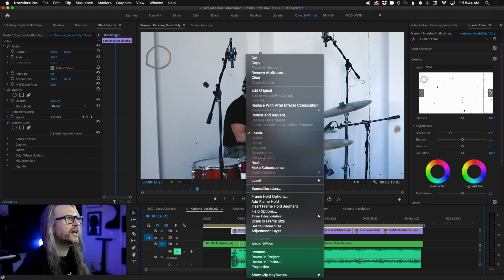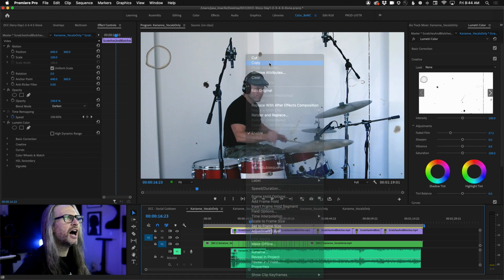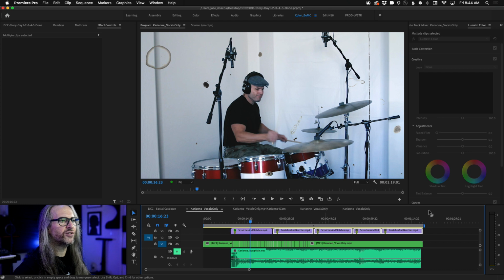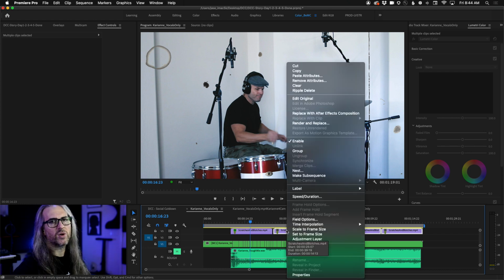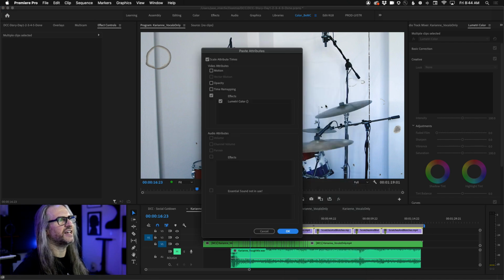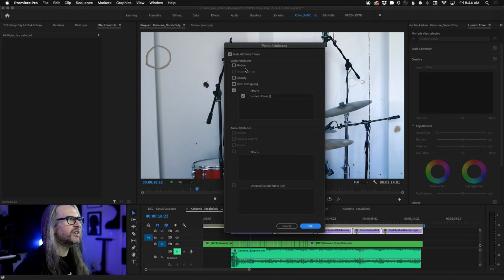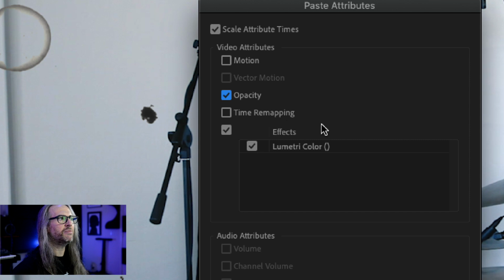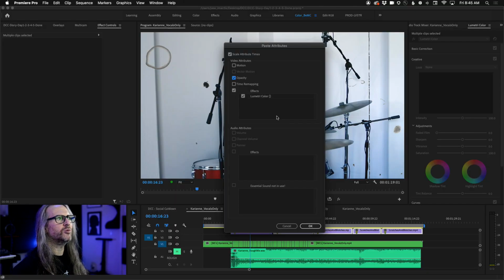Well, now if I right click, control click, and I copy, so I'm copying all the things that I just did on there. If I now select all of the other instances of this, right click on the first one, control click on the first one, and go to paste attributes. Now what I have the ability to do here is I want to paste, first of all, my opacity adjustments, because that'll include my blend modes, and I want to include effects, which in this case is Lumetri color. So now when I click OK,